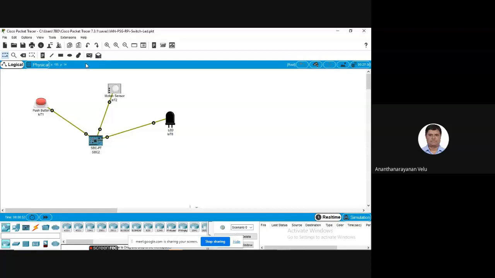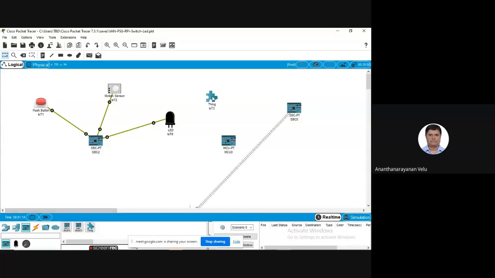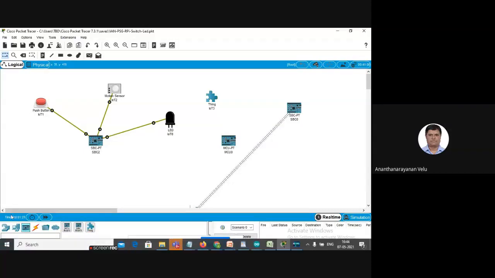This is the screenshot for the Cisco Packet Tracer. And if you see, there are a lot of devices available. For example, if you need a microcontroller, you can have a microcontroller board. If you need a Raspberry Pi single board computer, you can have a single board computer. If you need any Thing board, which is one important platform, you can have that. And there are a lot of sensors, actuators also. For example,